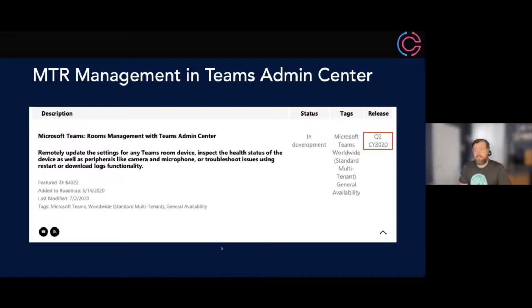Something else is slated to be released in Q2 of calendar year 2020. So June 22nd, we fully expect this to be released. That's just a fun way of saying it's in development. It should be coming imminently, but in the craziness of the world today, I think some development times have shifted